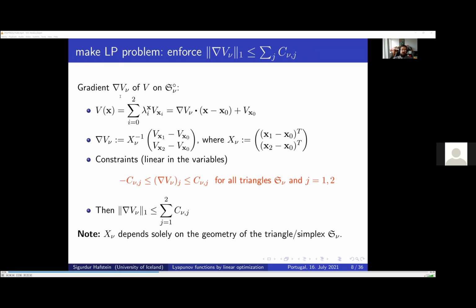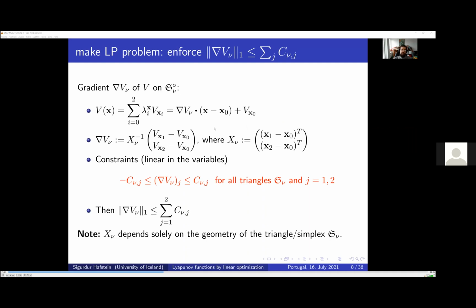So here, the gradient nabla v_nu of v in the interior of the simplex is, it's easy to see, well, v of x is given by this convex combination of the values of v at the vertices. And since it is an affine function here, we can write this as some vector,